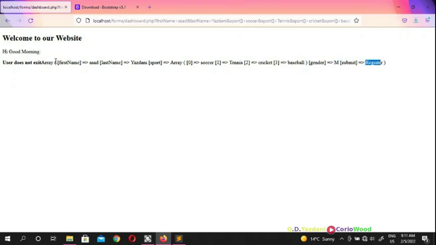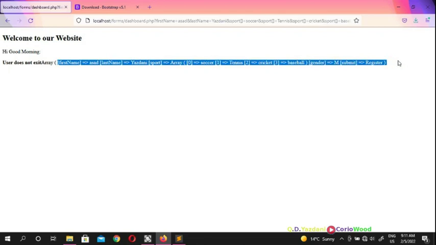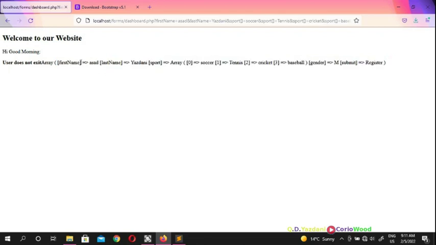So that's how you guys get associative array. So there is a key value. We have a key here, and we have a value here. We have a key value, and sports is array, and you guys already know array. That's how we're gonna display. That's how PHP displays array, and there is a gender, which only one value you guys see, not many values,